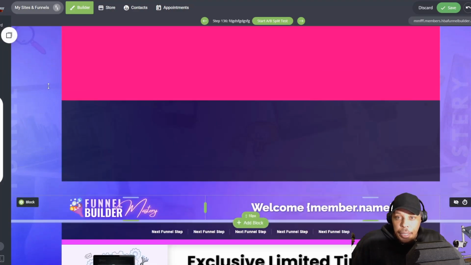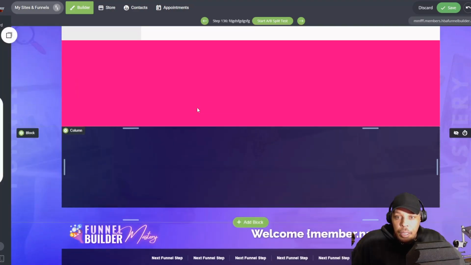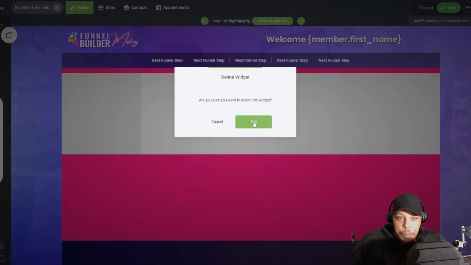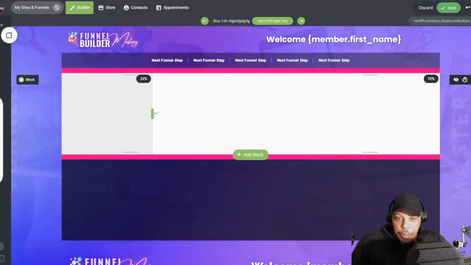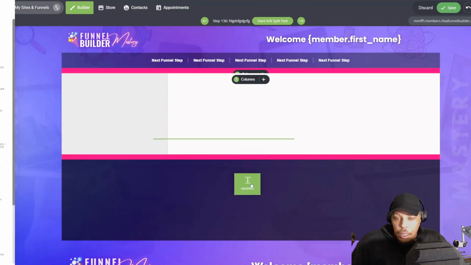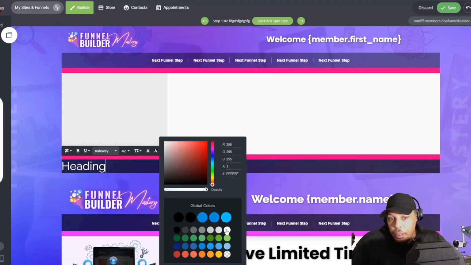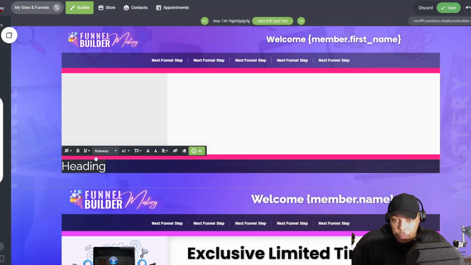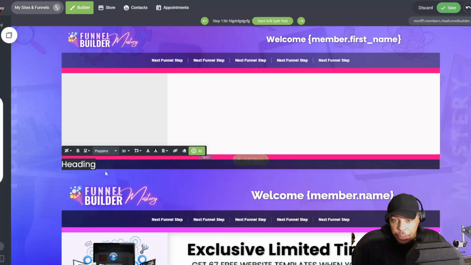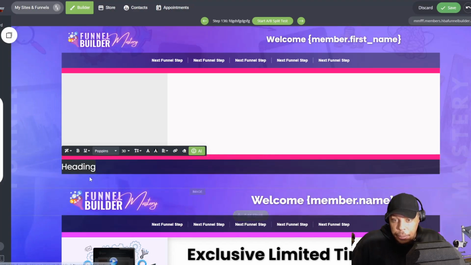Let me copy that block down here. And I already got the other membership site in this kind of style, so you don't really have to rebuild it yourself. You can just grab the other one, but I just want to show the functionality of the builder. Let's change this text to white. We're going to go to another bolder font, and we're going to do H3. We're going to put some line height on here, and we're going to type in